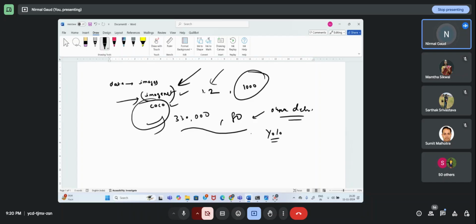So according to the perspectives, these data sets were used. We have other benchmark or reference data sets also, like Open Images data. We have Cityscapes also. We have LFW, that is Labeled Faces in the Wild data. We have KITTI. There are many benchmark data sets available.